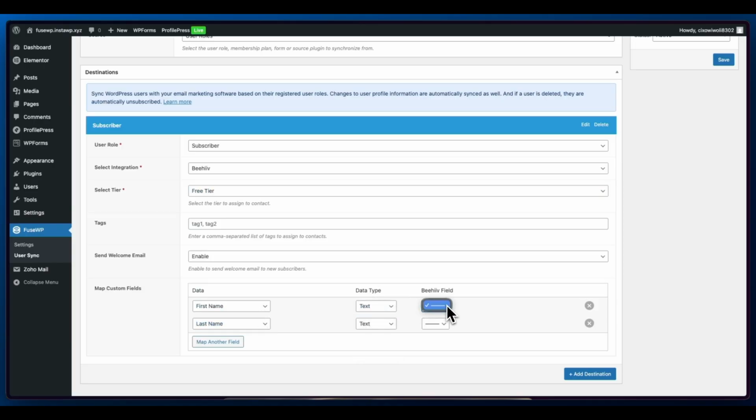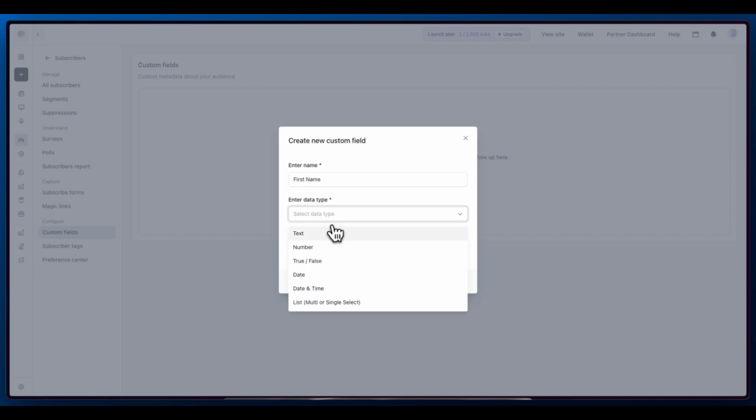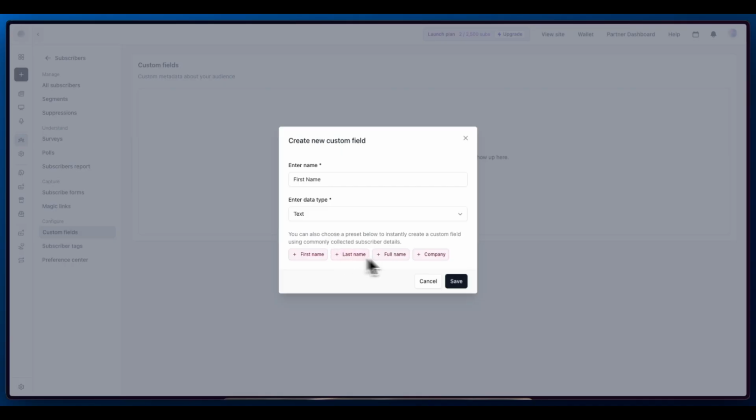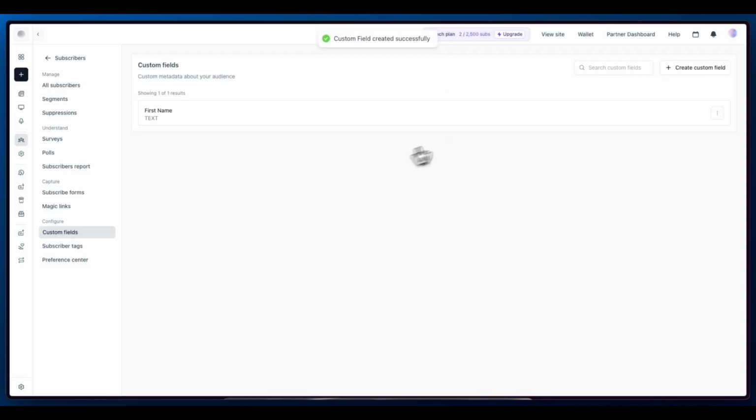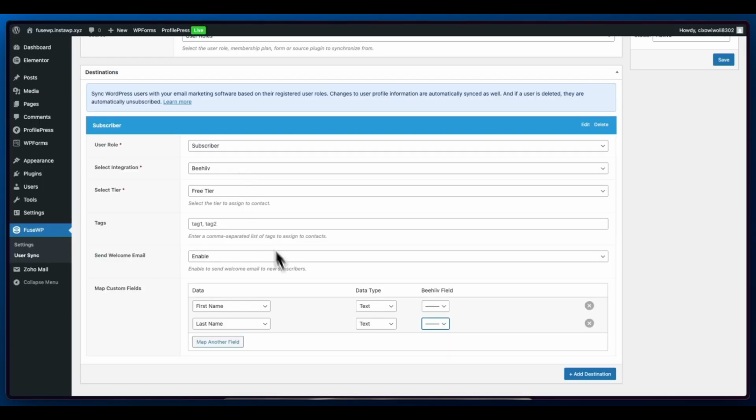If you want to pass a first and last name in Beehiiv, you'll need to create a custom field. For example, I can come here and name the field. So let's enter first name. Then we'll need to go ahead and choose the data type, which would be text for this field. You also have presets at your disposal. Let's save this, and we can use a preset to create a last name field quickly. So we don't really need this for our example, but this is how you can go ahead and do it